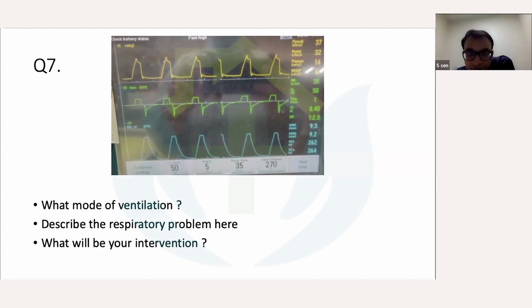So, what respiratory problem is this patient having, who is on this ventilator setting? ARDS or some restrictive lung disease. Why do you say it is ARDS or restrictive lung disease? Because the tidal volume is low and the respiratory rate is high. Sorry, no, I cannot say that because the PEEP is low, so this is against that. And the IE ratio is 1 to 2, which also makes things not good.